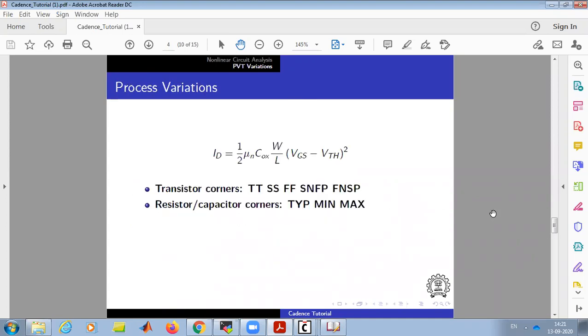Now there is a term we'll come across, called process variations. So why is it important? To understand it, let's take an analogy. Suppose you make tea, chai, 100 times. Even if you put exactly the same amount of sugar, 1 teaspoon or 2 teaspoons, the sweetness will vary; it will have a band of sweetness. Sometimes it will be slightly less, sometimes slightly more.